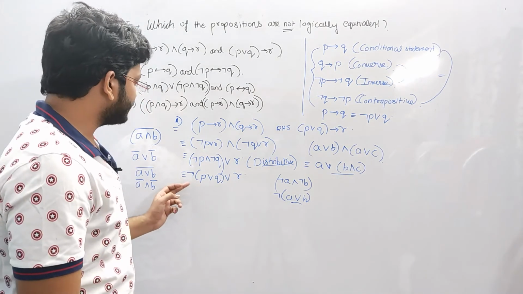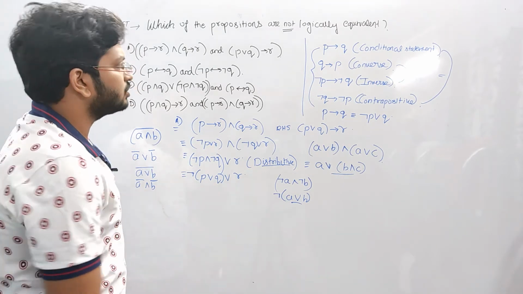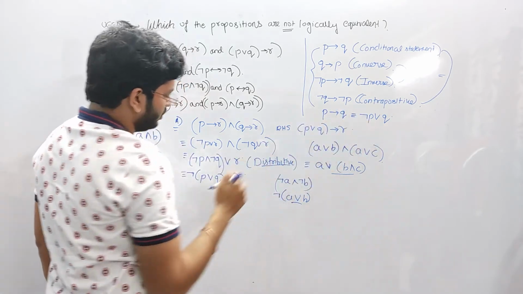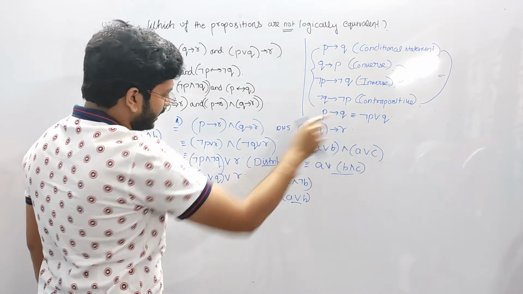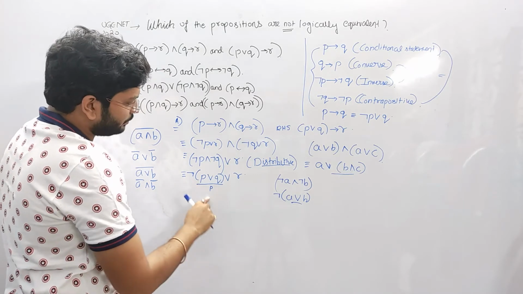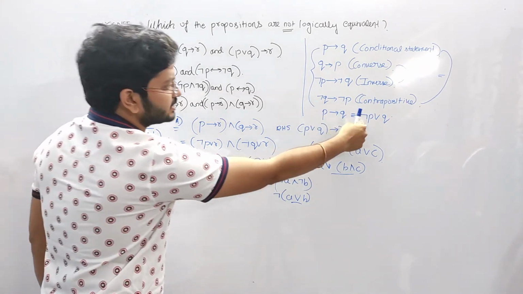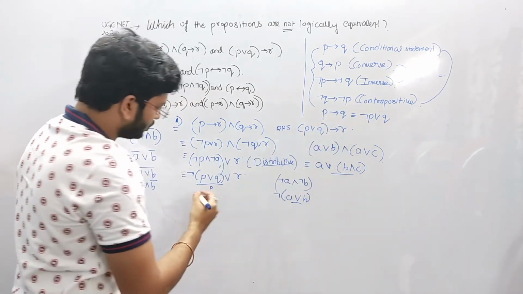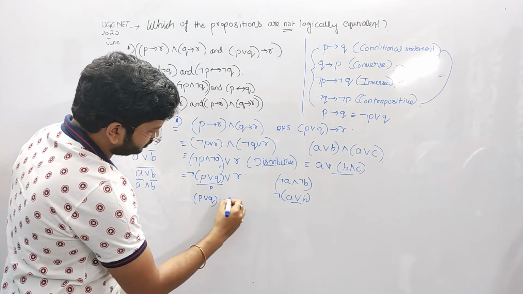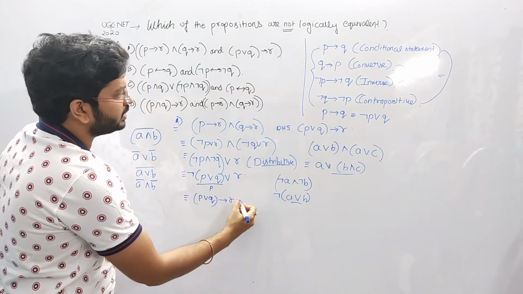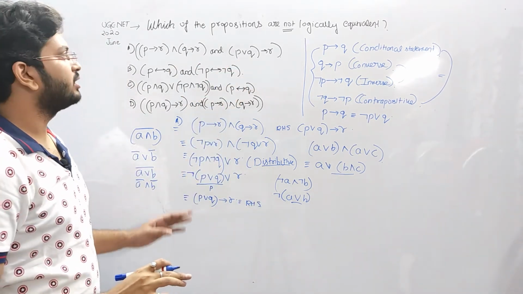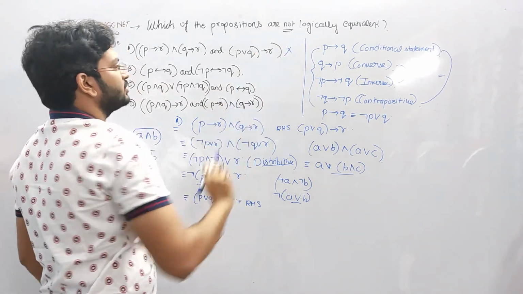Now in this step, it is negation of P or Q or R. So I have a formula here: P implies Q is negation P or Q. I have this step here, I have negation P or Q. Suppose this entire part is my P. So this is negation P or Q, that is P implies Q. Negation P or Q is equivalent to P implies Q. So here this is P, so here we will be writing P implies Q, which is equal to the RHS. So this one and this one are logically equivalent. That is, the first part is not the answer because they are logically equivalent.